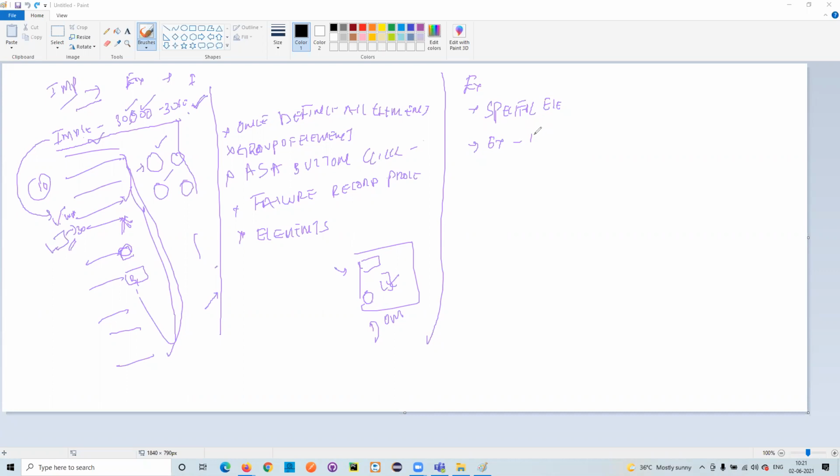Actually we have 17 conditions in the explicit wait. For example, the object is present in the DOM, or the object is visible in the DOM, or the object is enabled in the DOM. Like this we have 17 conditions available.